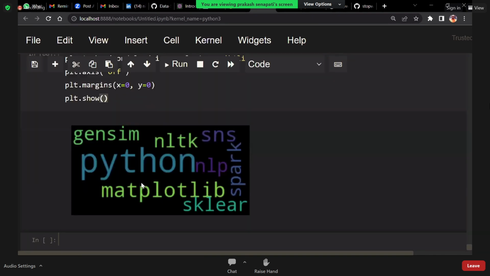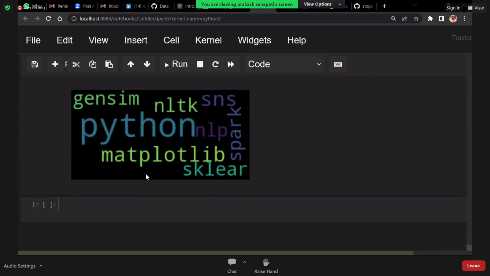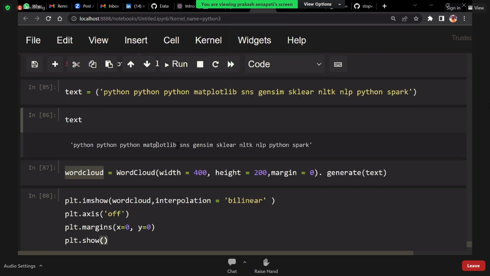So let me tell you, if I have stop words, don't you think the stop words will repeat multiple times or not? Definitely the stop words will repeat multiple times, isn't it? Python repeats means in this text, Python frequency is high, repetitions of Python is high. So that's why,